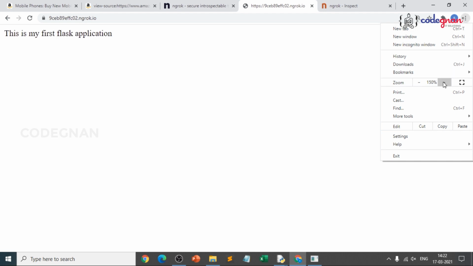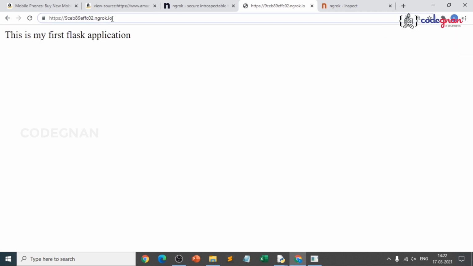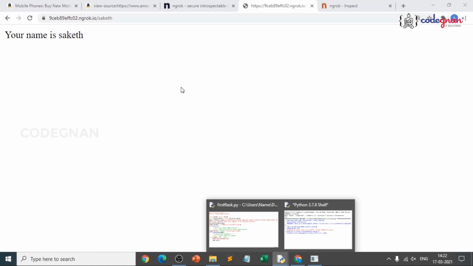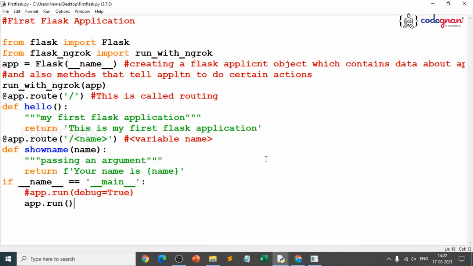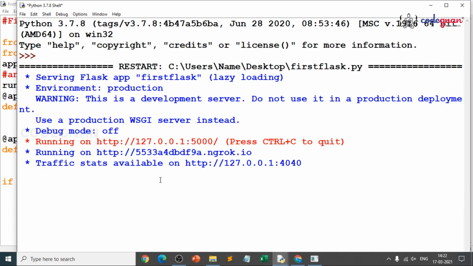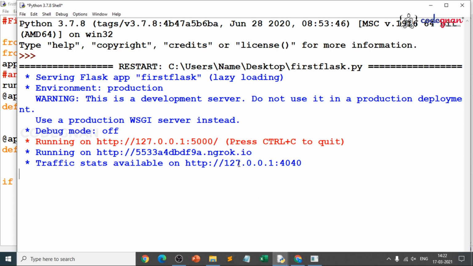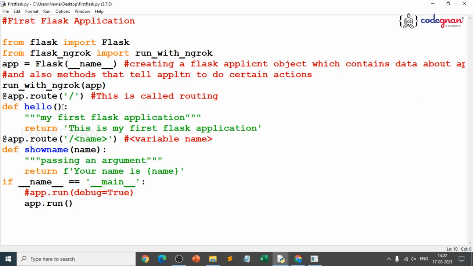You just run the same application. You should not close it. Even if you use any IDE, it's the same process. So when I give /Saket, you can see your name is shown because we have passed the same thing over our routing. Whether you go from your command prompt or your system prompt or in interactive mode, anything, you can see the result when you are running Ngrok because it provides your public